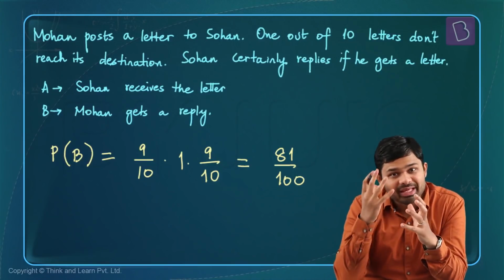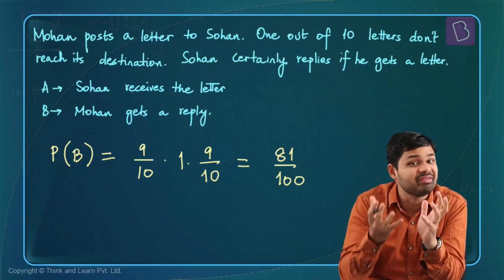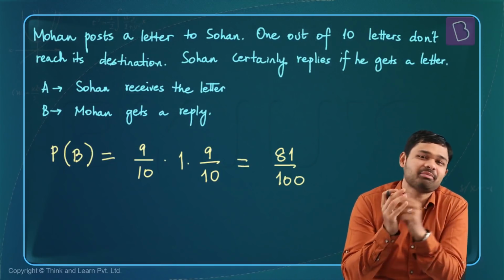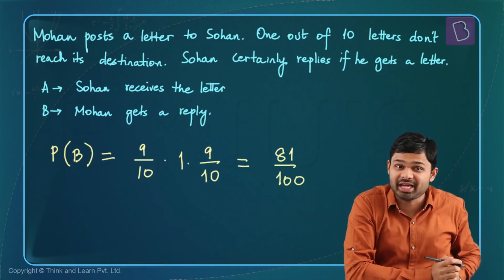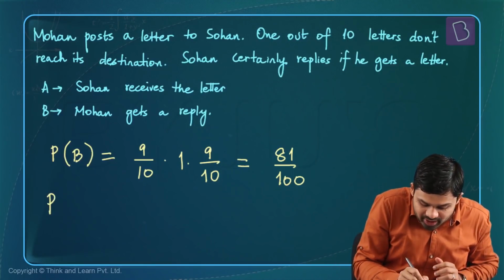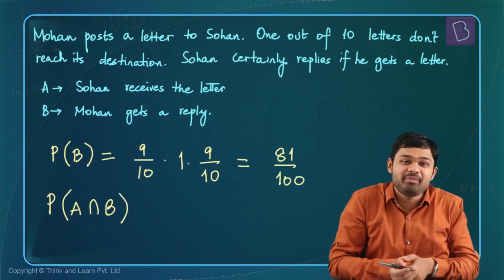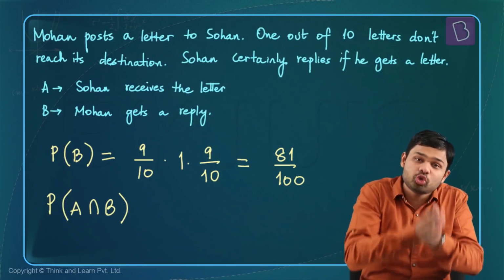A. So for event B to happen, A should have always occurred. Without A occurring, B will never happen. So in some sense, B is actually a subset of event A. Now that is going to be very crucial in our second option, because in the second option we have to find out what is the probability of A intersection B. And we've just established that B depends completely on A. For B to happen, A should have happened.